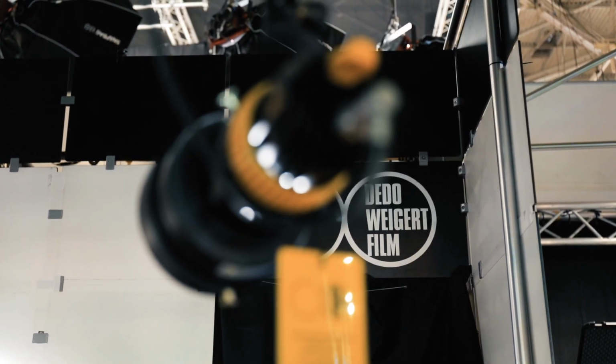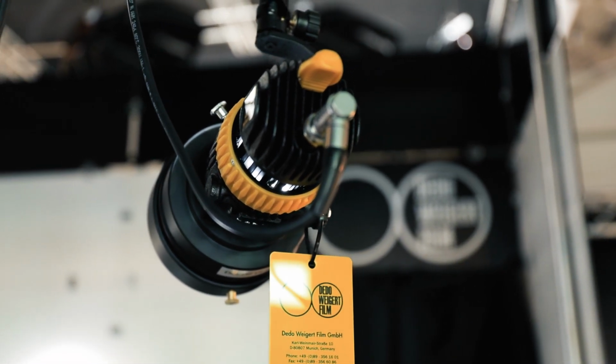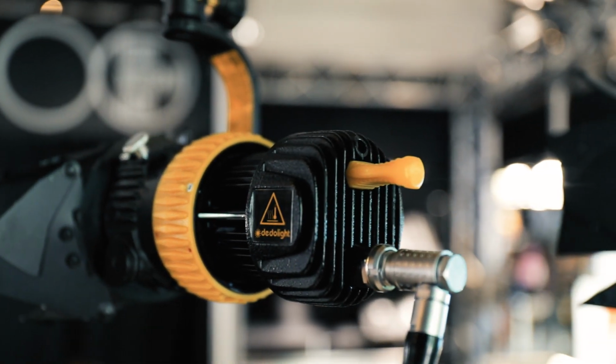But we put this in the hands of the smallest team to create not only brightness and exposure, but to create images that have depth, perception, three-dimensionality. To transfer that into the LED world, we had to redesign all the optics to fit each of the different light sources. And then we have a new generation of lights for the mobile teams that are a different approach, and that includes